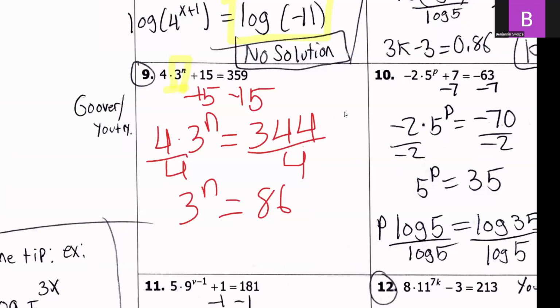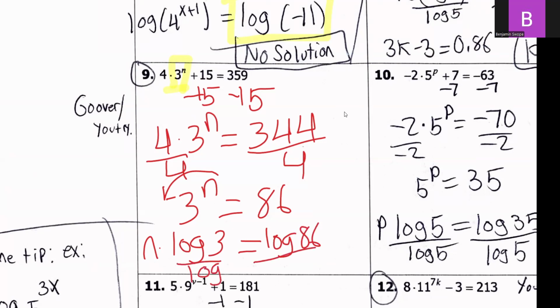This is where I like to save a little bit of writing. I just write it like, I already know that power is going to go in front, and then I'm going to have log of my base equals log of the other side. I do this in one step just to save a line of writing. And then you would just divide this log of 3 over. Like I said, you'll need a calculator, or I believe you could use Desmos, or even if you just type into the Google calculator, like log of something divided, it should do it for you. For this one, I got about